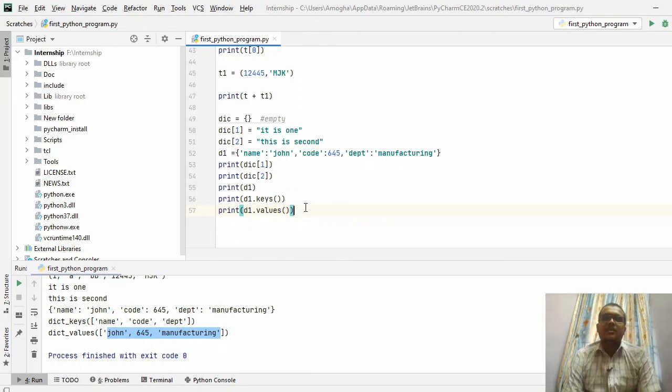For a list, if you need to declare it, square brackets need to be used and it needs to be separated by commas. If it is a tuple, you need to use small brackets, and for separation use commas. If you are going to use the data type called dictionary, you need to make use of flower brackets. For separation you should make use of commas. So this is all about the data types, how to declare a variable and assign values to it, and what the print statement is. You have just discussed this in this overall video.